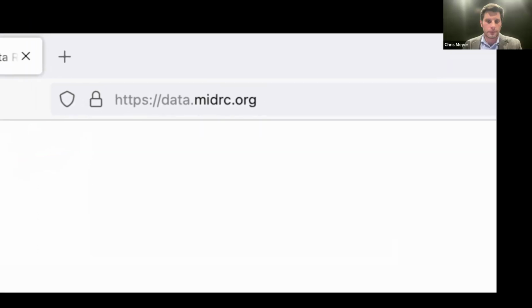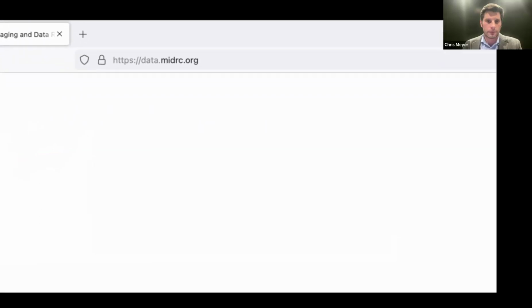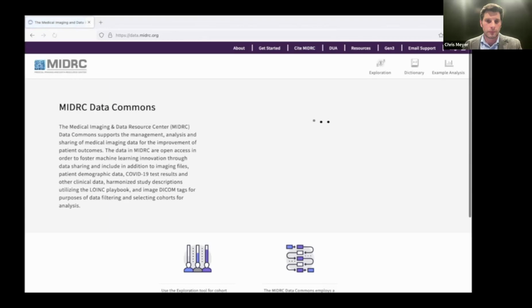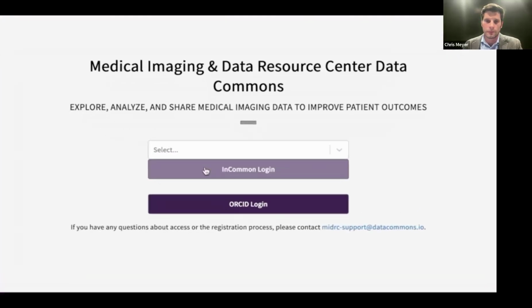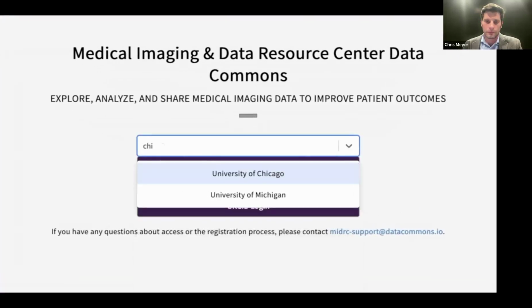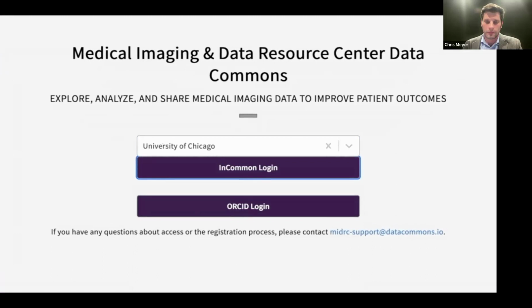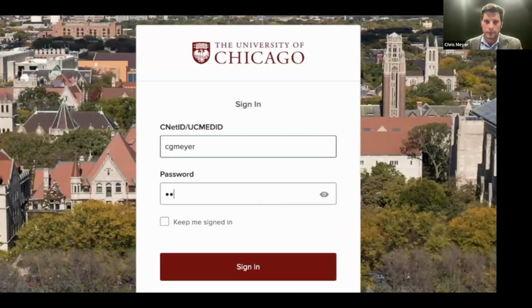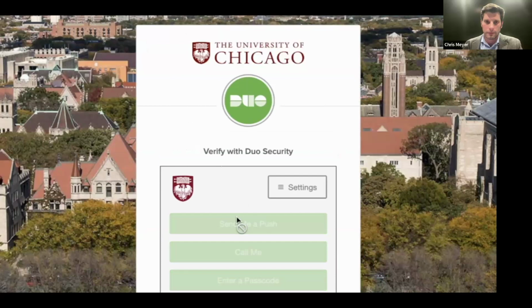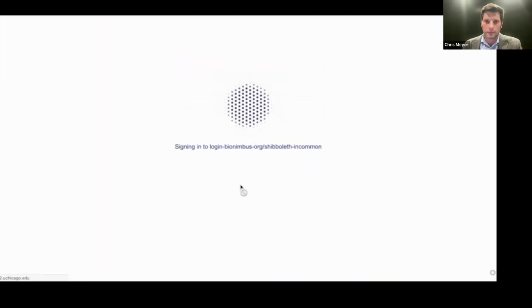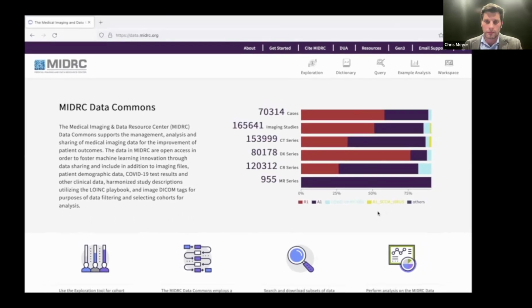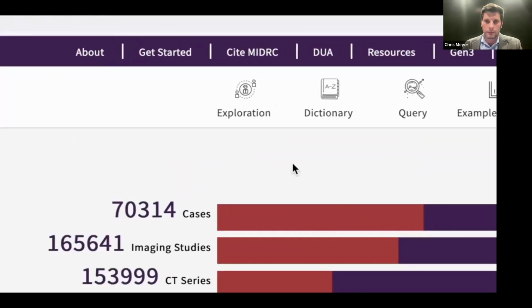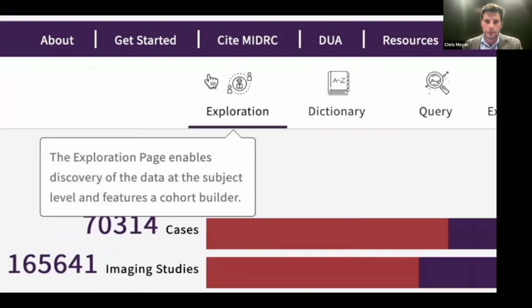Let's begin by navigating to data.midrc.org in our web browser and logging into the data portal. You can authenticate in MIDRC using either your institutional credentials via InCommon or using your ORCID. All data in MIDRC are open access, meaning anonymous users can query and browse data. However, we'll need to log in in order to download data or generate an API key for programmatic data access. After logging in, navigate to the Data Explorer by clicking on the exploration icon in the top navigation bar or manually going to the URL